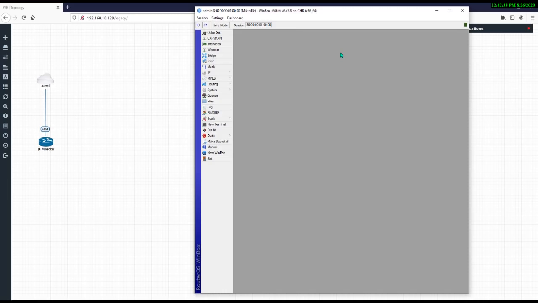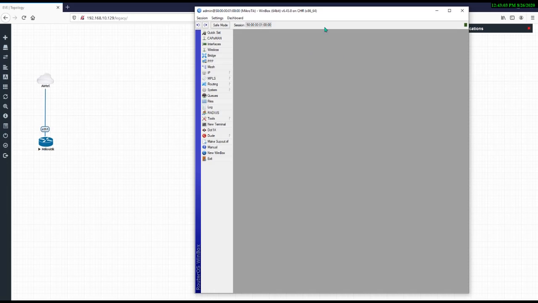But if you want to run the same DHCP server on multiple ports, you will create one bridge, create the DHCP server on that bridge, and add the ports in that bridge. That's it. All the ports mapped in that bridge will give the same IP from the same DHCP server. So this is the concept of the bridge as of now.